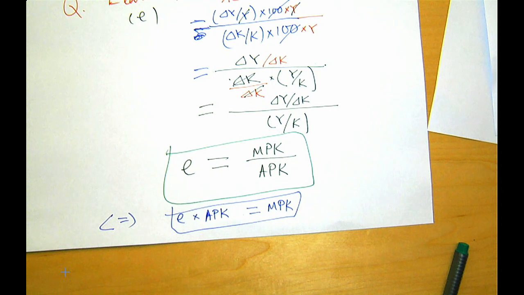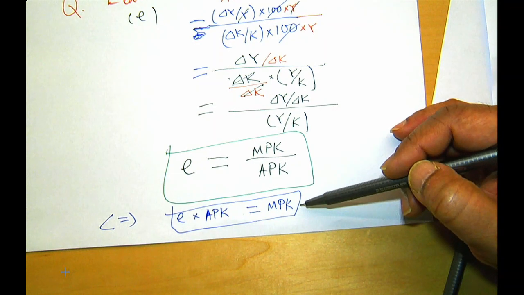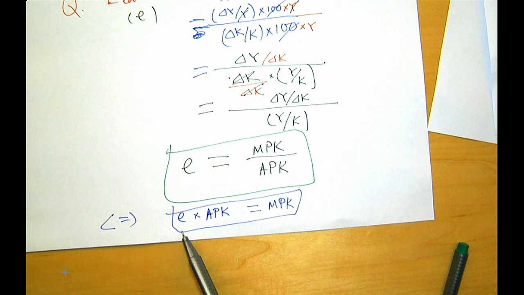If you know calculus, in one sentence, if you take the limit as delta K goes to 0, it becomes smaller and smaller, it becomes a derivative of Y with respect to capital. So you can simply take the production function and differentiate with respect to K, and you get that. But if you do not know calculus, just ignore what I said in the last minute and use this formula. You get the MPK simply by multiplying the elasticity of a production function times the average product, which is Y over K. Now you might say, well, how do you get the elasticity? That's what I'm going to talk about now. It's going to be very easy if you just follow one thing.